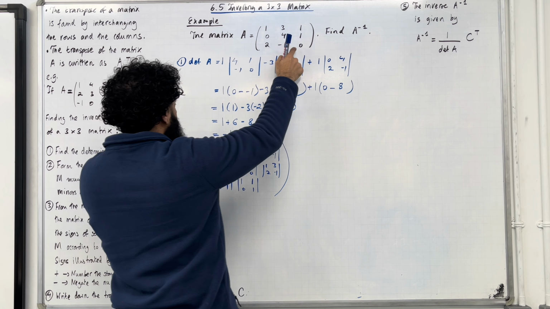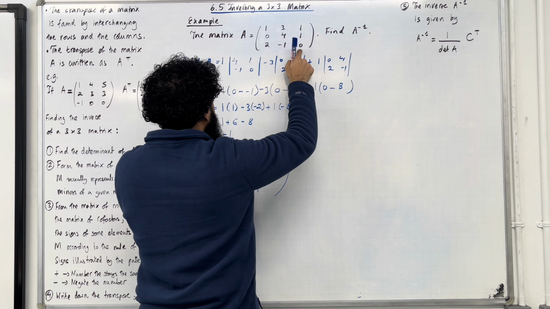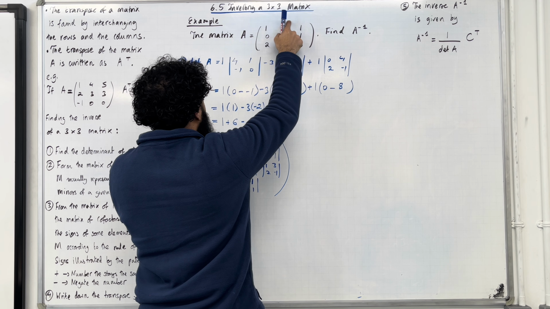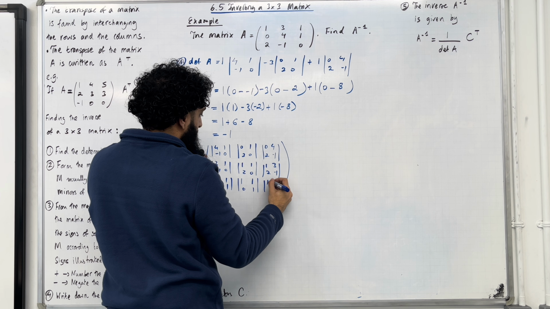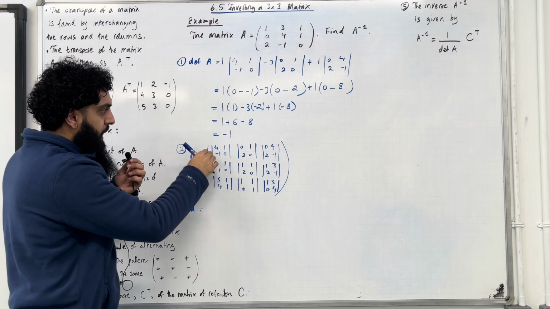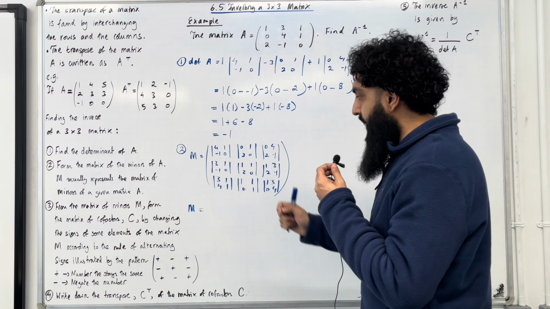Finally, I want the minor of this 0, so I need to delete the column containing this 0 and the row containing this 0. This gives me 1, 3, 0, 4. Okay, so now I need to calculate each of these determinants. So if I do this, I get M is equal to